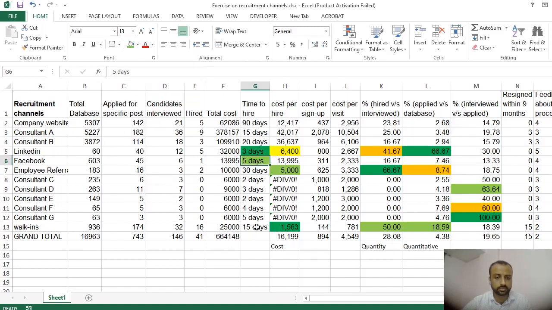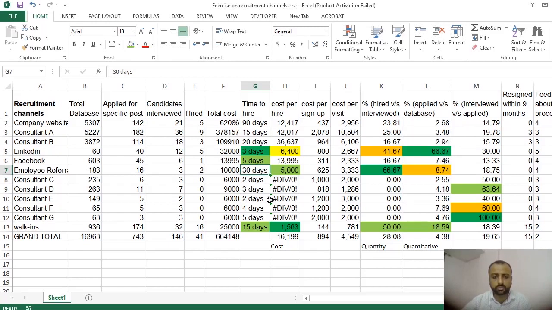And the third is probably walk-in, because it is giving me the highest number of candidates in 15 days. Correct. But now employer referral is out. Good thing or not so good thing, because it is taking a lot of time. You may need to send a lot of reminders to your employees. You may have to announce some notices and other emails.